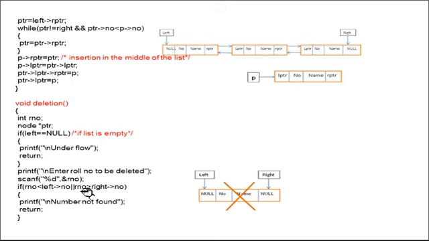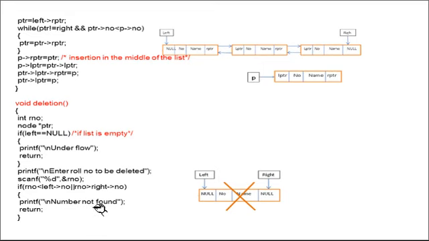Or roll number greater than right of number. So this condition will check whether the entered roll number is less than the leftmost node or greater than the rightmost node. If the given roll number is less than the leftmost node and greater than the rightmost node, that means you have entered a wrong number.